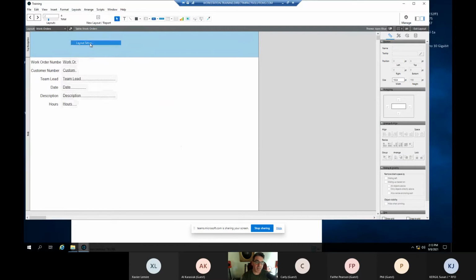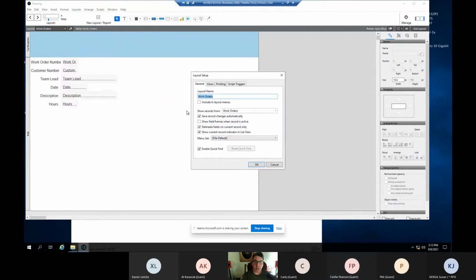And on the Layout Setup detail screen, this is where you can choose a lot of features for the layout. But one of them is the top checkbox there that says Include in Layout Menus. Now that was not checked and is not checked. And that prevents you from navigating to this layout when you're in browse mode. That's a mouthful, but if you check that box and then click OK,